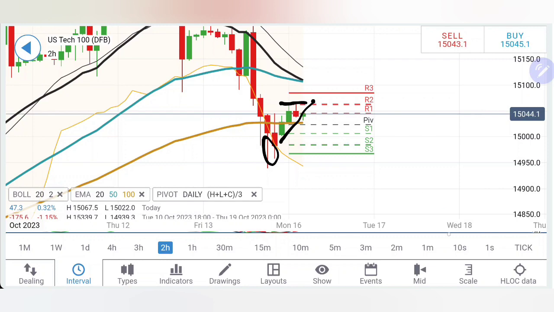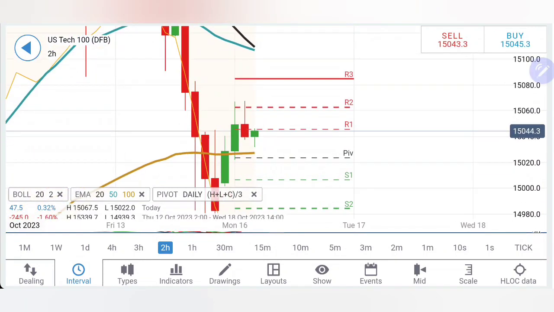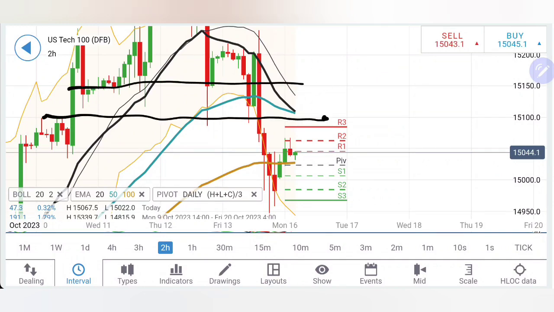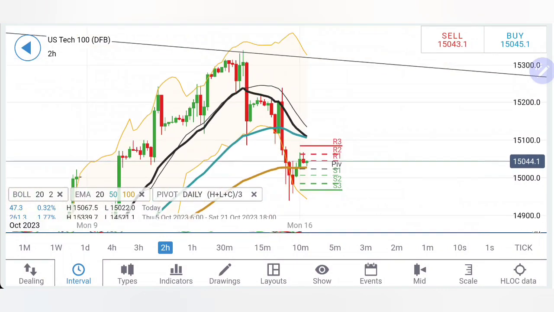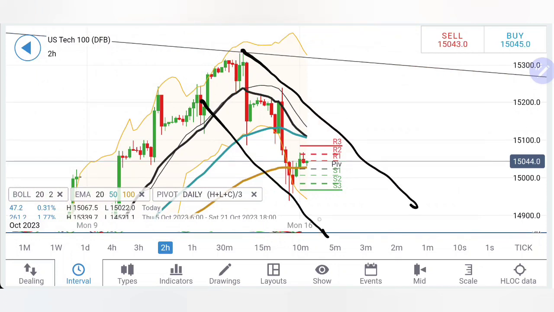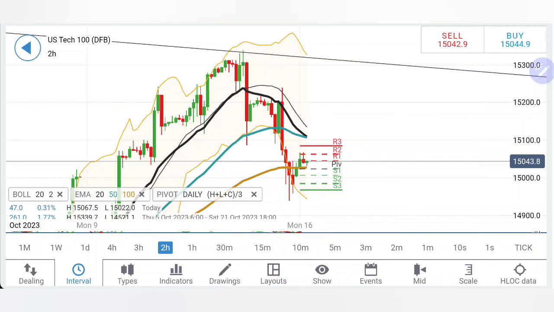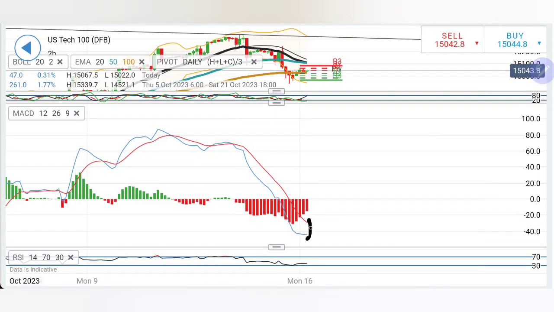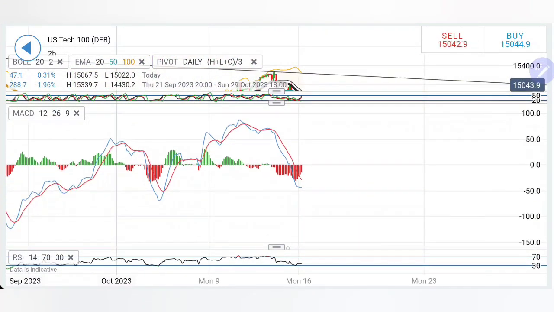I will wait for 15060 levels to be breached. In fact, these double top levels here at 15070 I will say, and then more bullishness may prevail. 15100 is the major milestone for it to break past by 15100 levels, and then 140 the next stronger resistance. Possibility for it to retrace towards 15140, 150 levels exist. Trading in this bearish channel, the top here is somewhere, and hence these levels are very much achievable. Stochastic rising, MACD is bearish, trying to converge here. A possible crossover may bring bullishness.